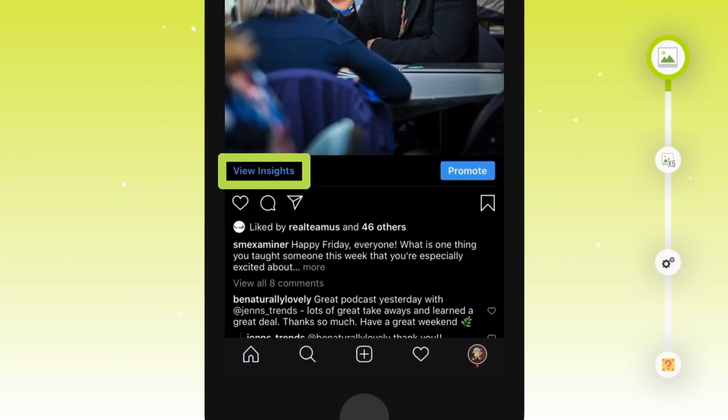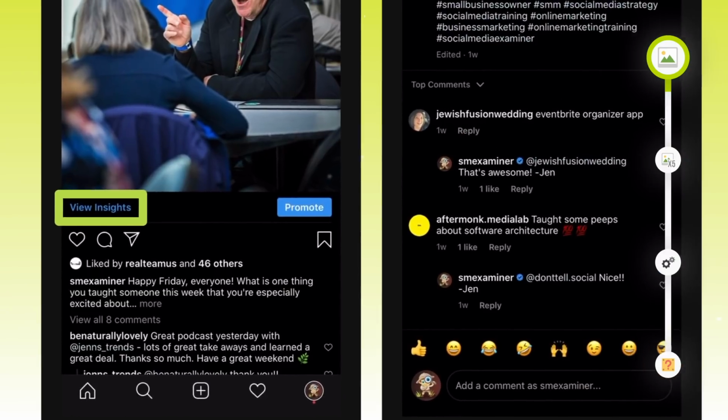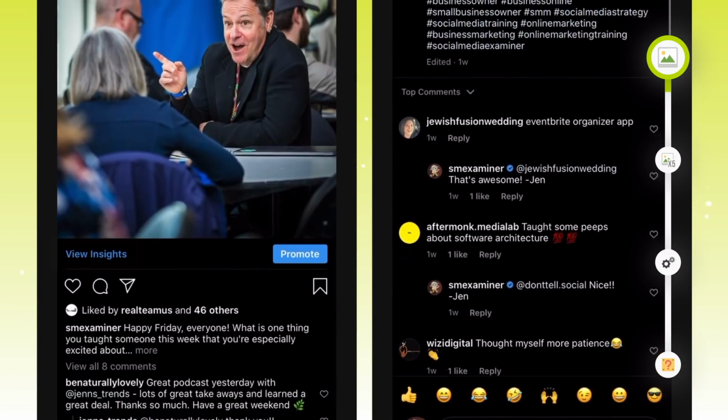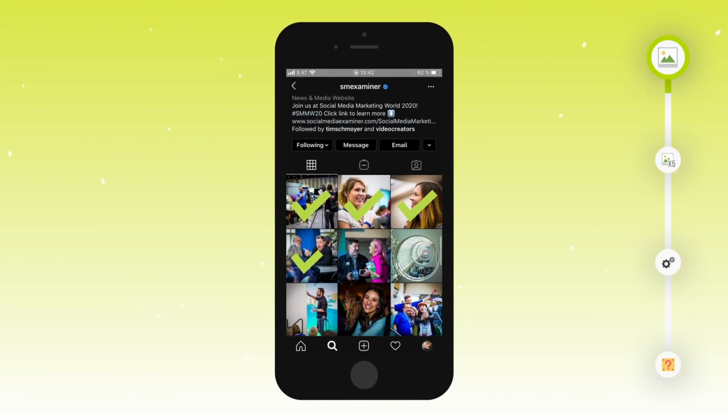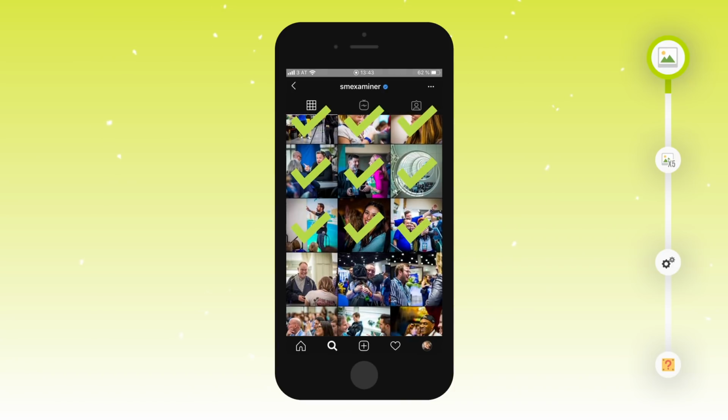So for each post on your profile, you're gonna go ahead and click View Insights. And you'll see a bunch of different metrics pop up there. You see that? That's your engagement. Now, please don't kill me for this one, but you're gonna go through and do this for each and every individual post. Yes, I said individual, but once it is done, it is absolutely done. However, if you're like me and maybe have only 30 or so posts on your Instagram account organically, it's gonna be really easy for you.